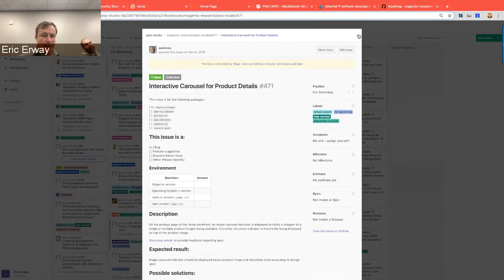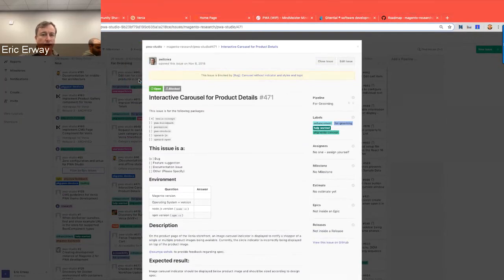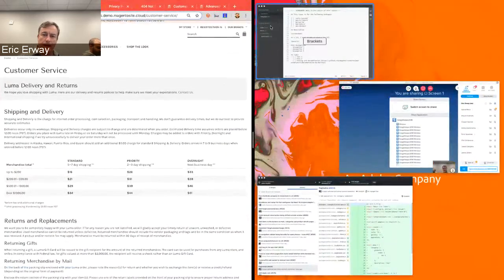So that's really what we had to cover today. One of the things I do want to cover, probably offline because we've got quite a few people on the call, is to start thinking about some really easy, quick content items to bring over from old Venia to new Venia. And for those who haven't seen this yet, and I do want to make sure that I talk to Samya on this one, there's a lot of content in the old Venia, right? And so if you take a look at